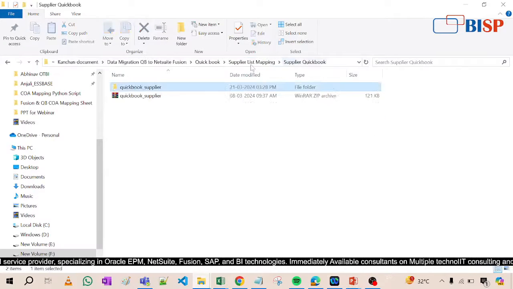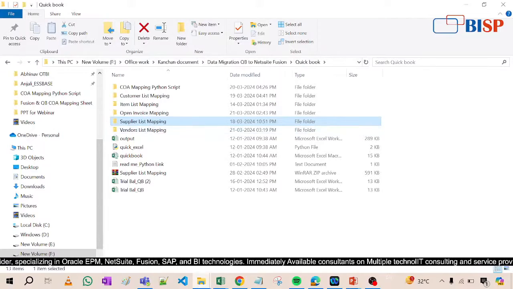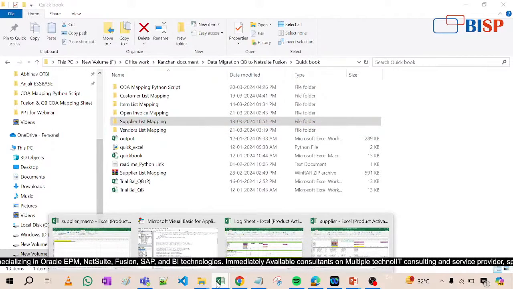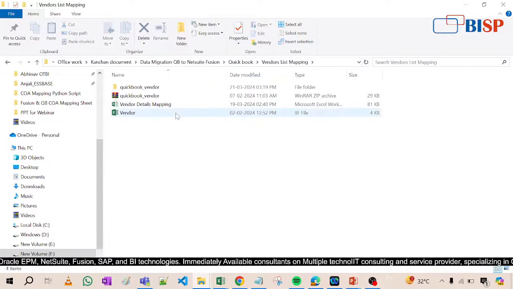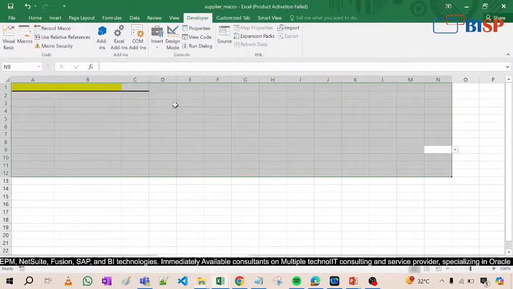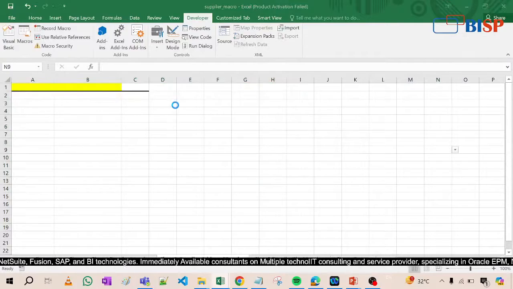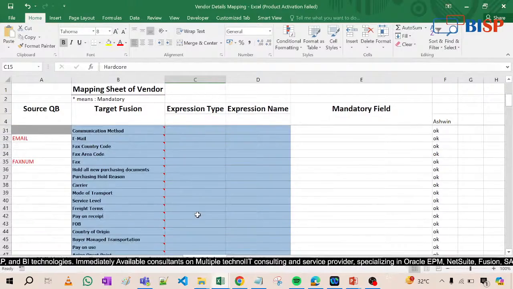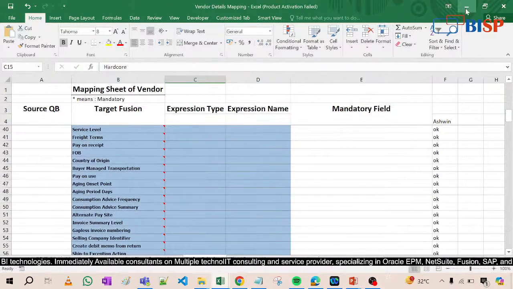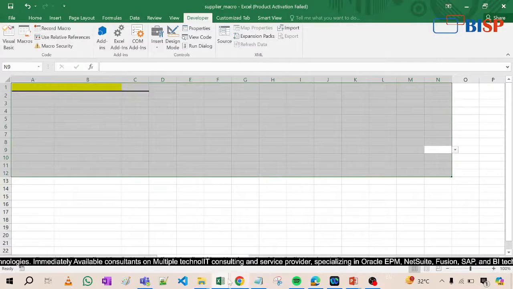The vendor, if you go here, see here, the vendor data mapping sheet is here, and the mapping is done based on this mapping sheet only, right? So that is why what we have done here,